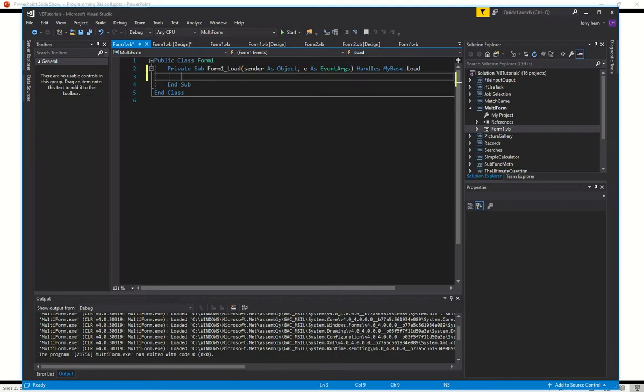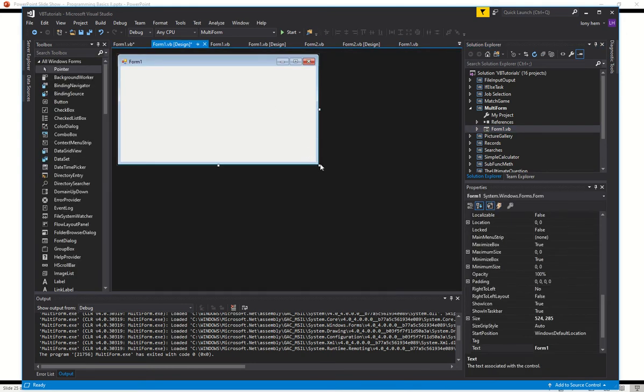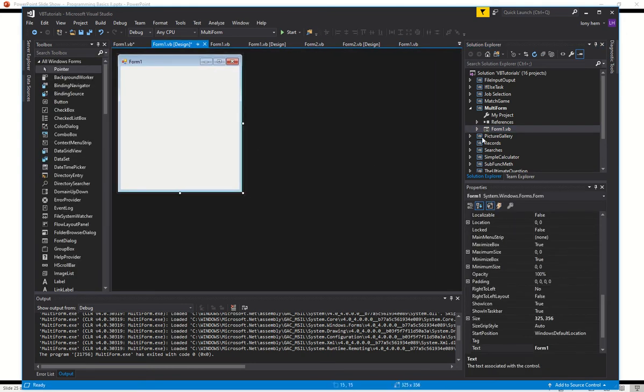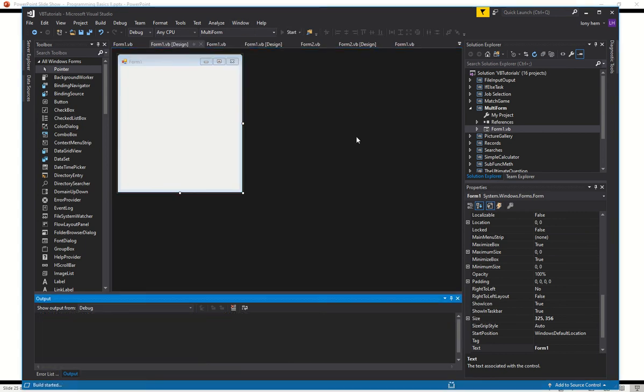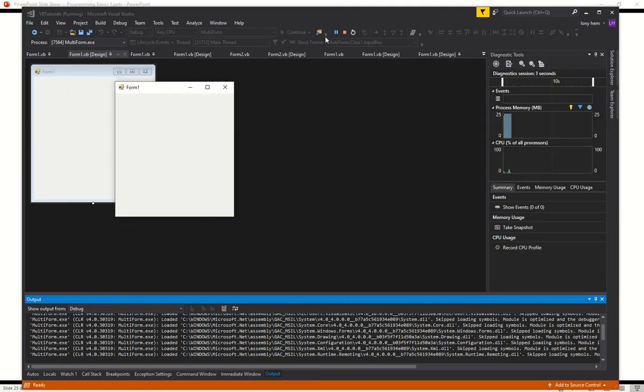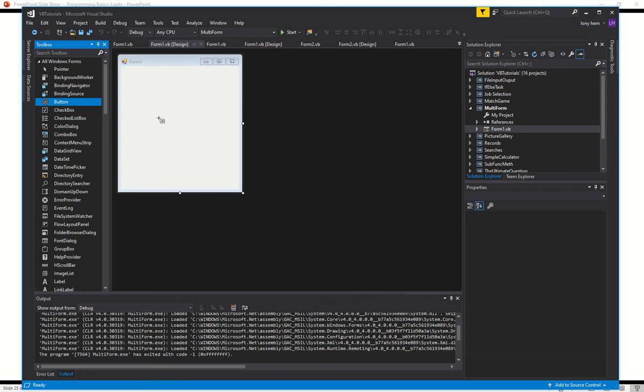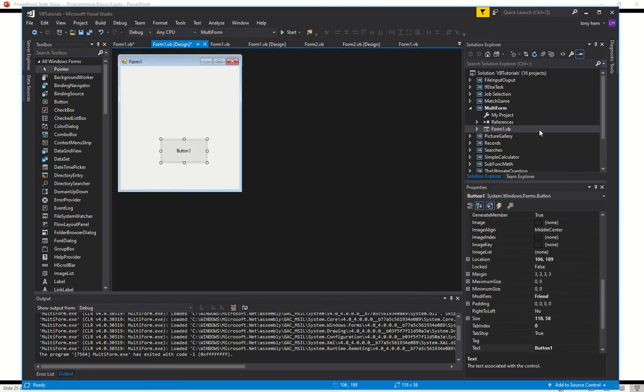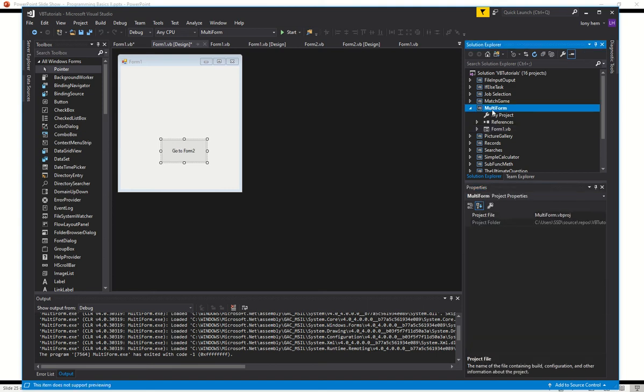So let's get started. I've created a new project here called multiform, and it's empty. This is Form1. I'll just run it to show you. What I want to do is click on a button that transfers me to another form. So let's call this button "go to form 2". And what I'll do is right click on multiform, the project's name, and